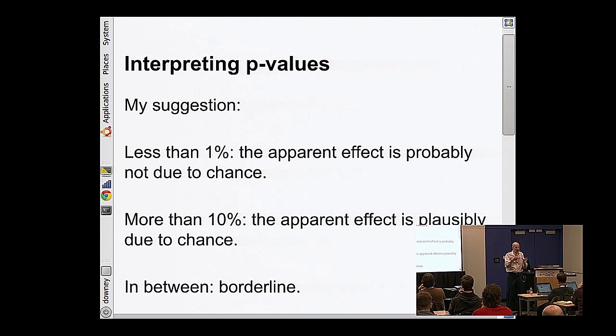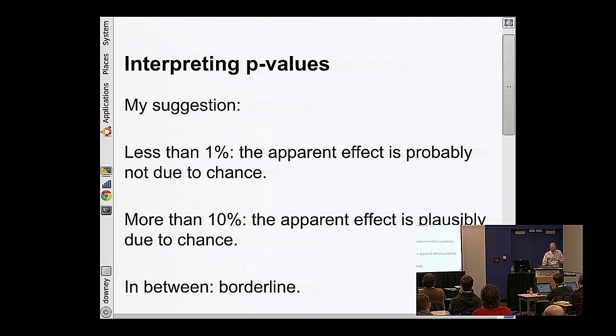So in the book, I give some examples where, yeah, you could make some different modeling decisions, or you might choose the difference in the medians instead of the difference in the means, or something like that. You'll get a slightly different p-value, but in that case, it was the difference between 17% and 16%. If it's the difference between 17% and 0.1%, then something strange is going on there. If we have a chance to talk afterwards, I have one example I want to tell you about where that is the case.